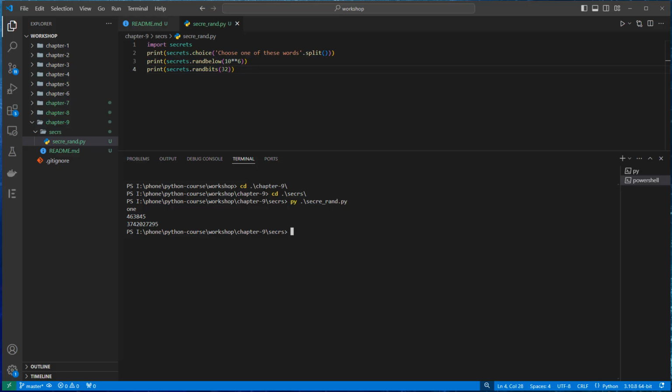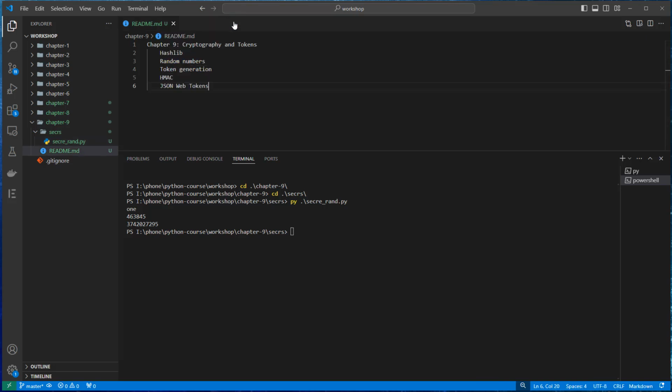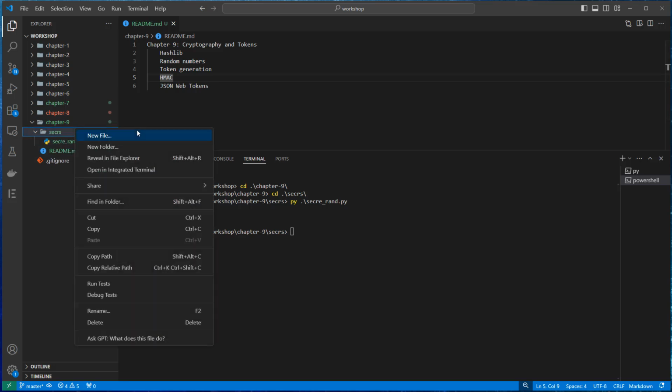So let's talk about token generation. Again, we have three functions that produce tokens in different formats. Let's see the example. For this case, I will create a